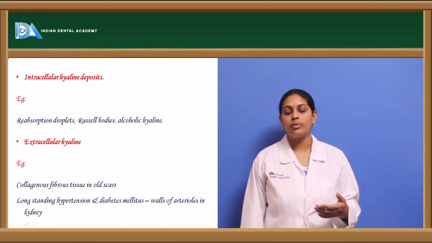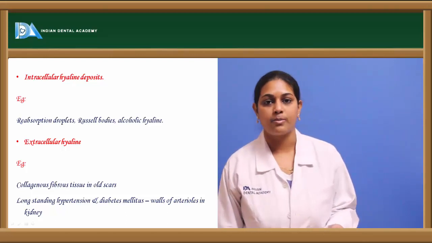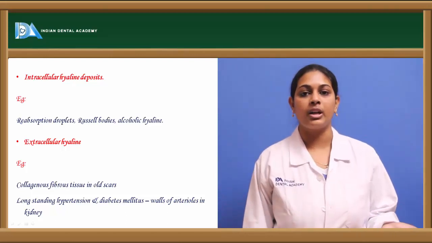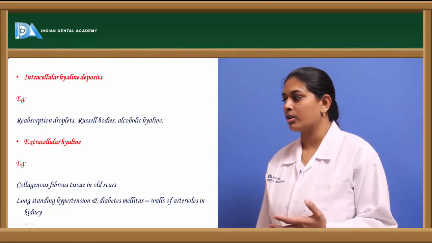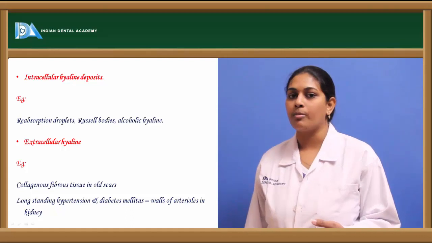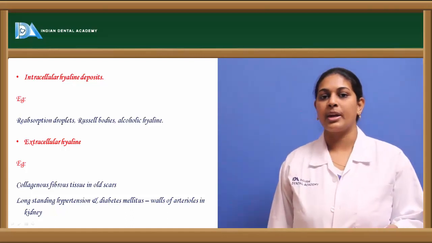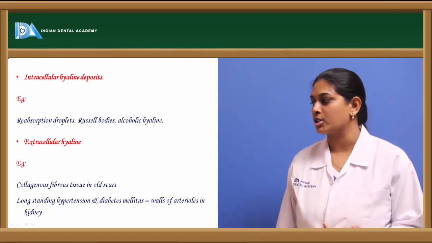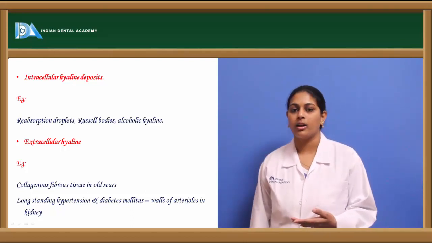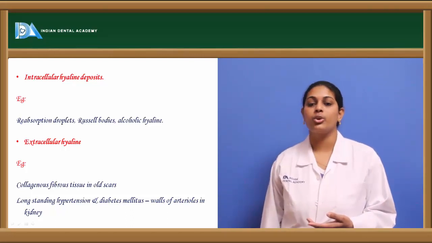Coming to Russell's bodies, which are also homogeneous structures present within the plasma cells. They could be immunoglobulins produced by the plasma cells, which could give the appearance of a hyaline change. Otherwise, alcoholic hyaline or Mallory hyaline is also a structure which shows a glassy pink appearance, that is the hyaline change. Coming to the extracellular hyaline examples, an example of collagen fibrous tissue can be given in a